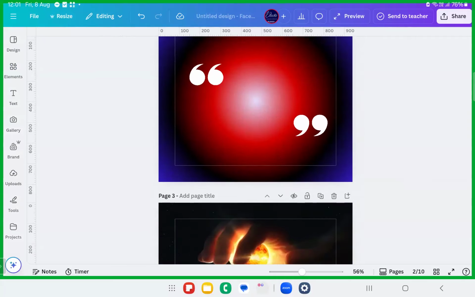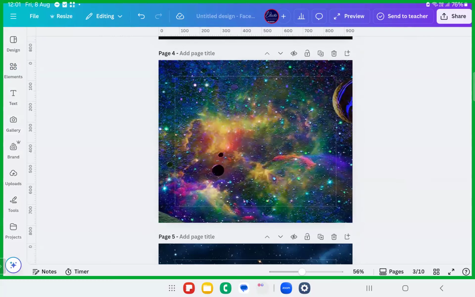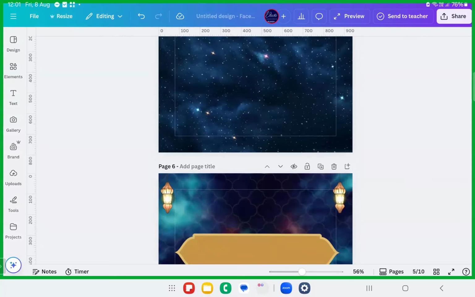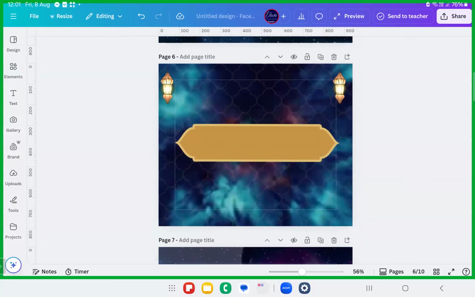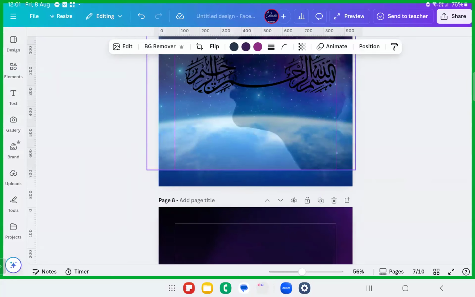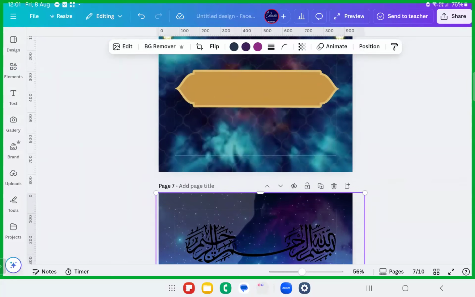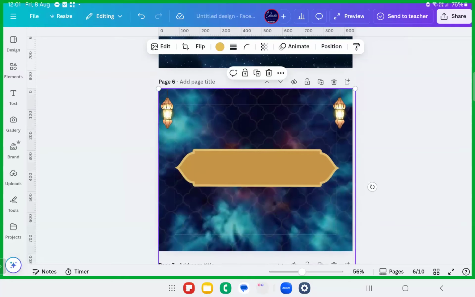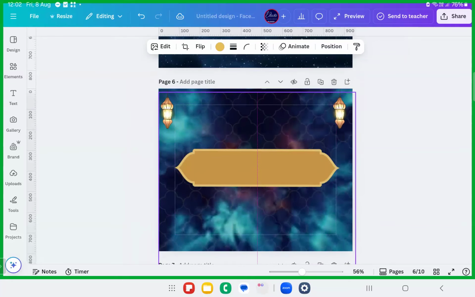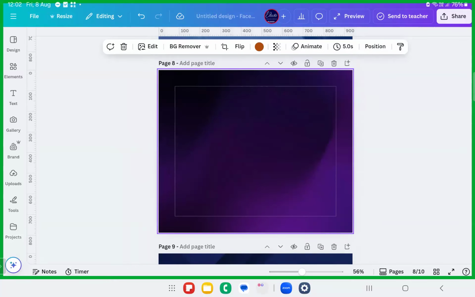to add different shapes on it, how to make sure you're adding topic related backgrounds, how to add multiple topic related backgrounds. For example, if you want to add two photos together like this, then you can just reduce the transparency and add it over like that. And graphics, whatever graphics you want, you can add multiple graphics. If you want to add, you just have to reduce the transparency and make sure it enhances the things. And if you want to add proper background names, you can add